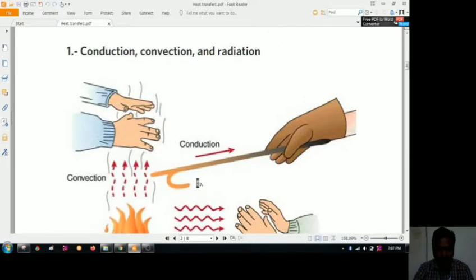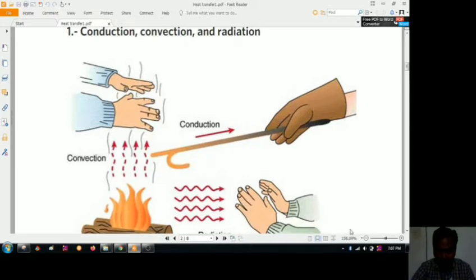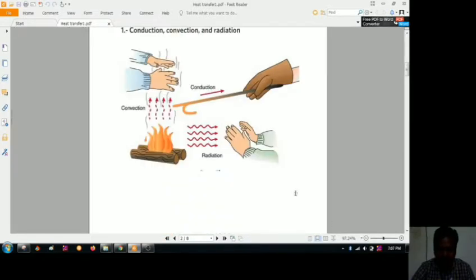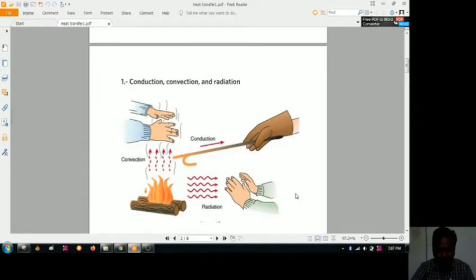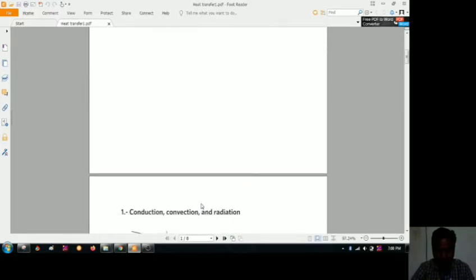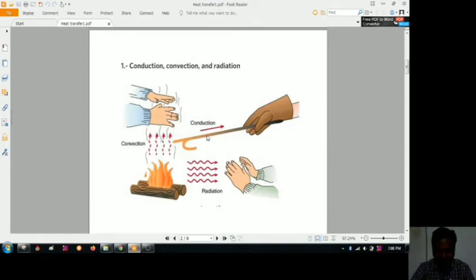Here you can see the modes of heat transfer. The fuel, or the wood itself, is burning in a controlled volume. There are three modes of heat transfer: conduction, convection, and radiation. Conduction is seen here where a man is holding a rod near the heat source, so he is going to experience the heat. After a minute or two, because of the transfer of temperature from one region to another, he feels it.